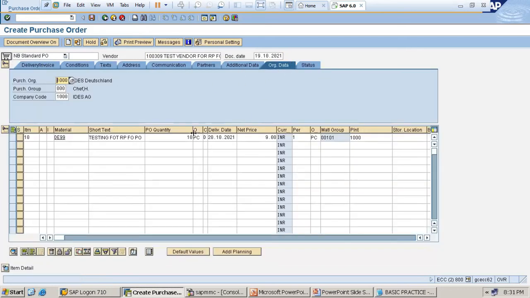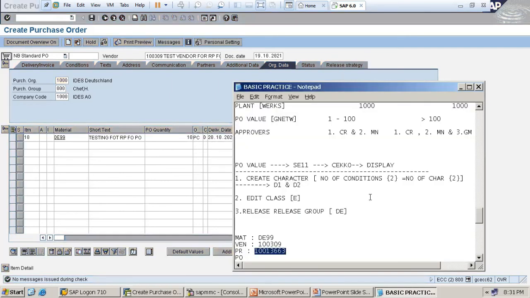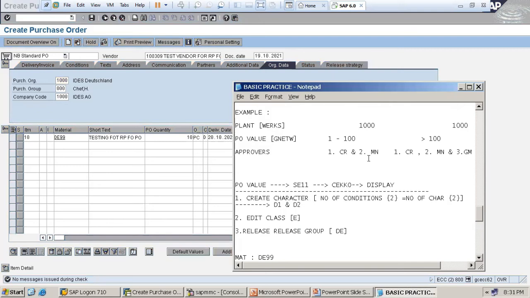Now, you can just observe here. 10 into 9, how much? 90 rupees. Let me check. See, 10 into 9. As per our assignment, the value lies less than 100, so I want creator and manager.